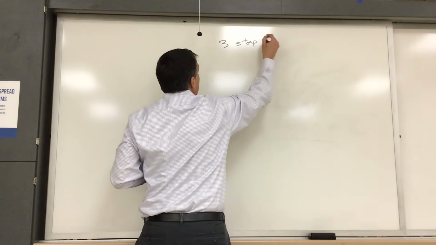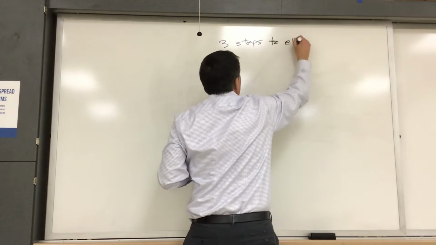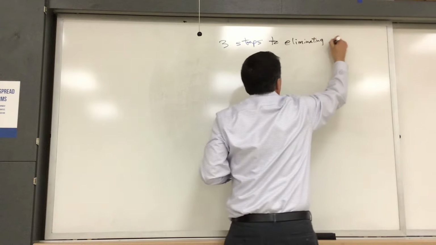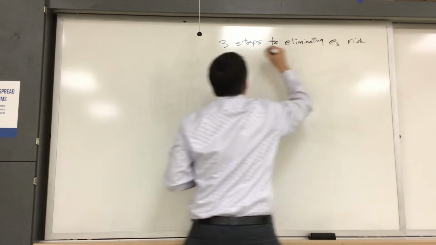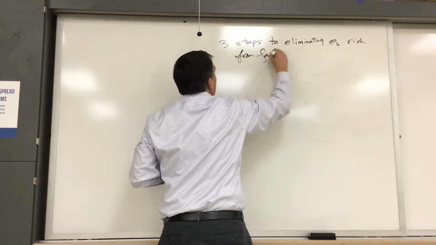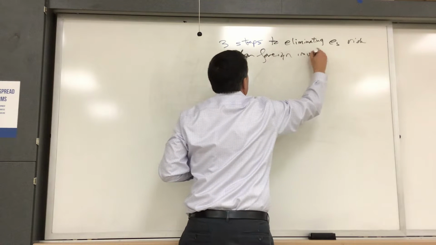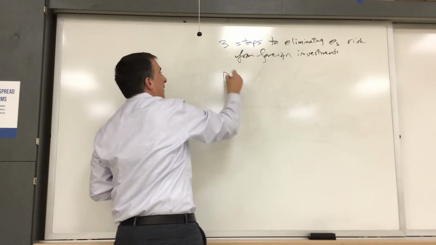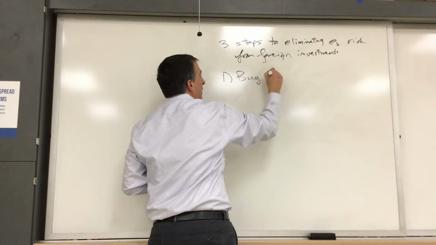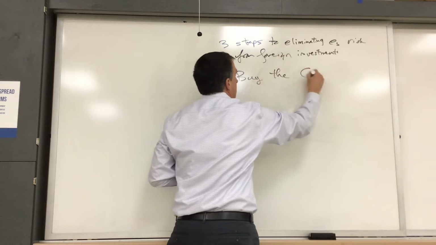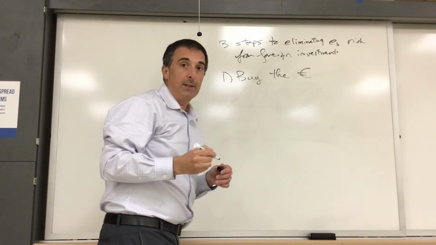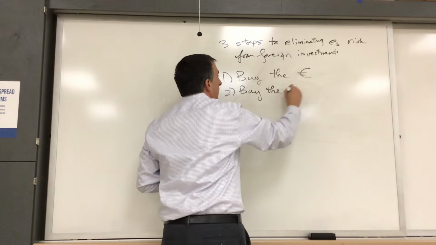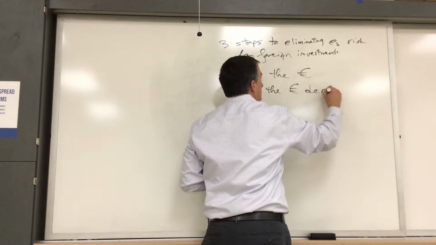This is question 1A. 3 steps to eliminating exchange rate risk from foreign investment. So first, you have to buy the foreign currency, and we'll use the euro in this example. Then you have to buy the euro-denominated